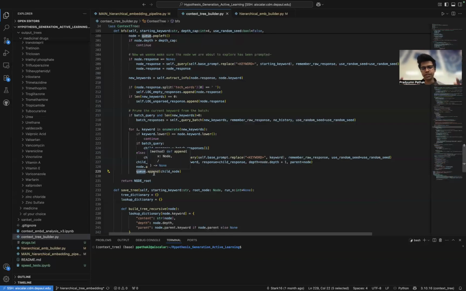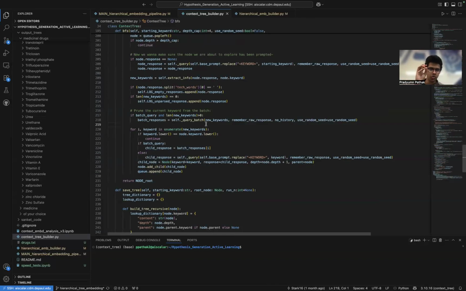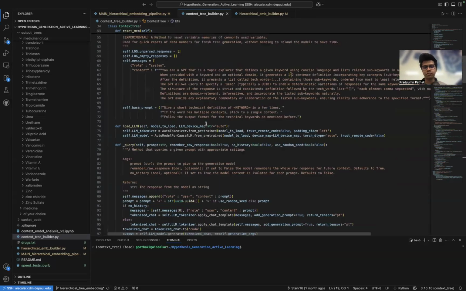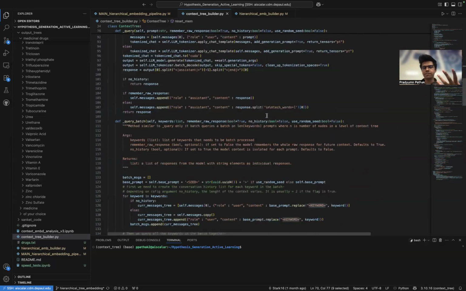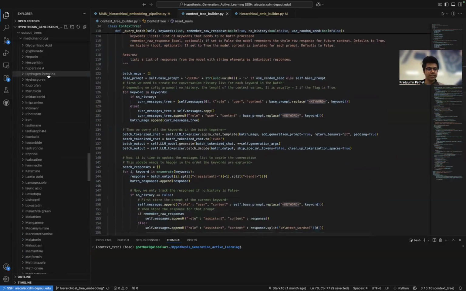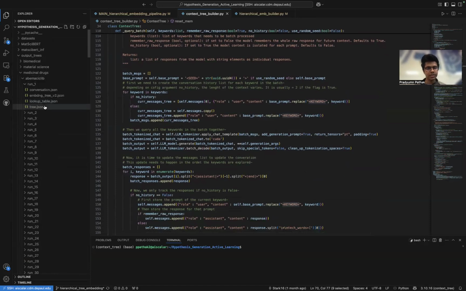So it's basically a simple search, but at each node, we're running the LLM with this initial prompt, placing our keyword over here, and giving it the task of describing it. So that's step one. What this does is it creates a JSON file,